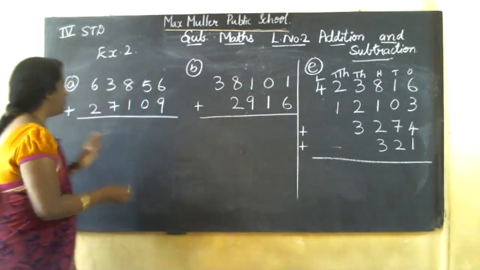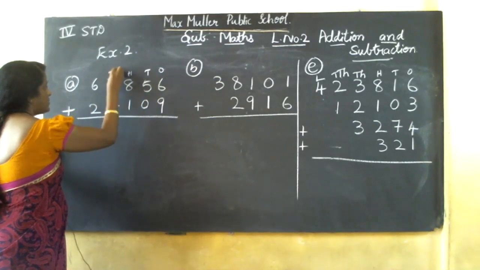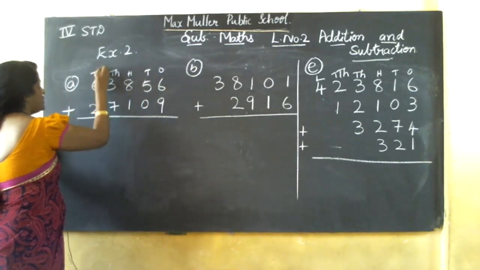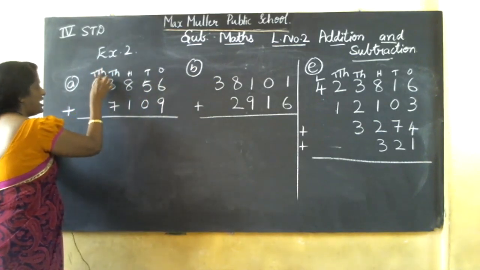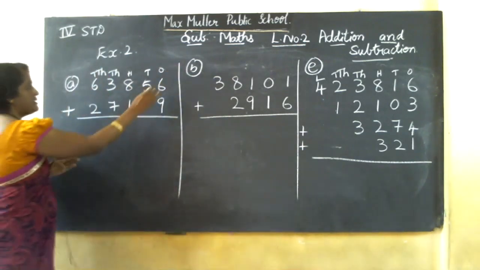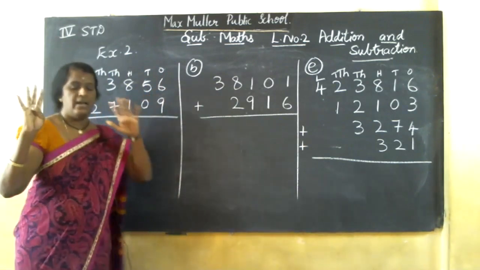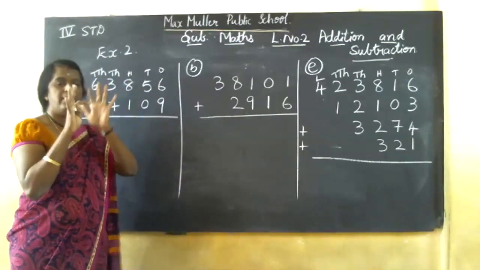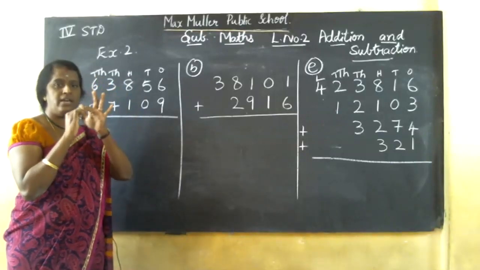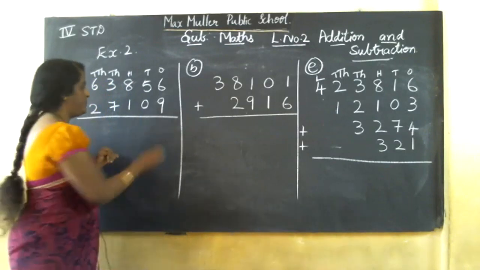Okay, now this is ones, tens, hundreds, thousand, 10,000. For 10,000, TH. Okay, so these 3 sums I'll do. 6 in the mind, 9 on my fingers, 9 fingers. After 6, 7, 8, 9, 10, 11, 12, 13, 14, 15.